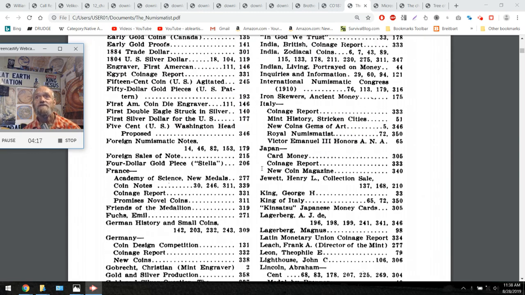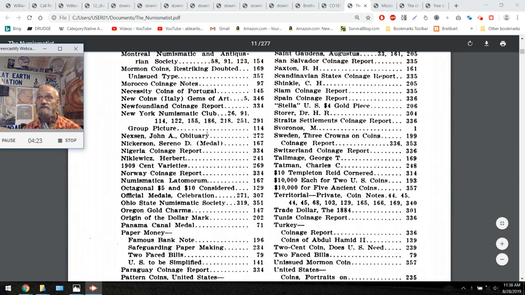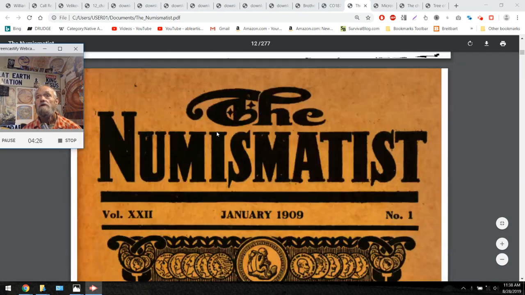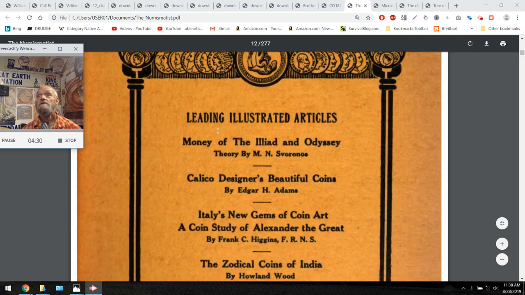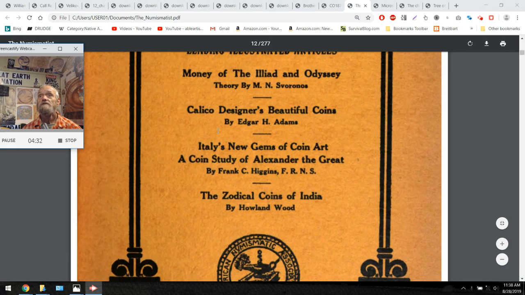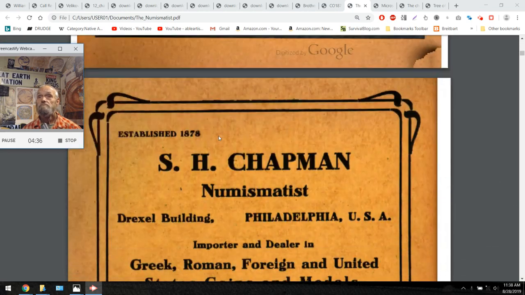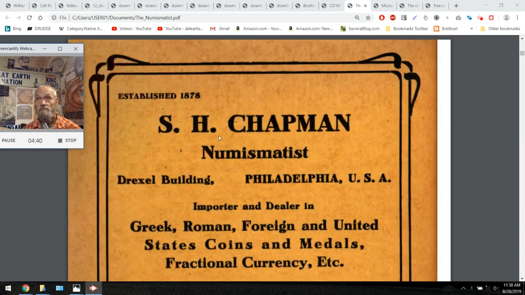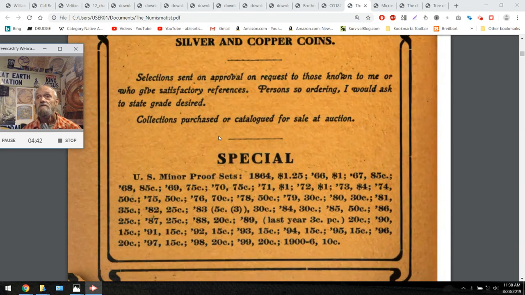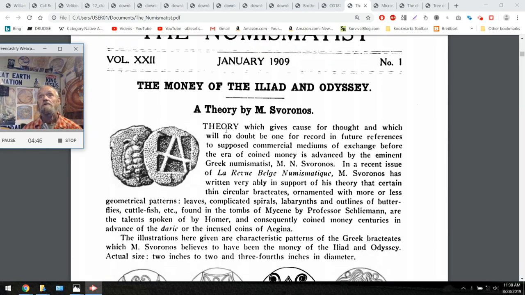I know that some of these copper coins and stuff really was interesting. So here it is. Money. Oh, they must add another one. Okay, the first one is the money of the Iliad and the Odyssey,